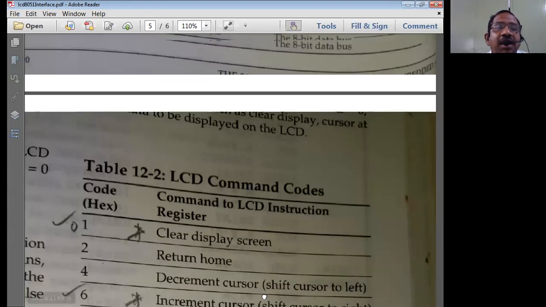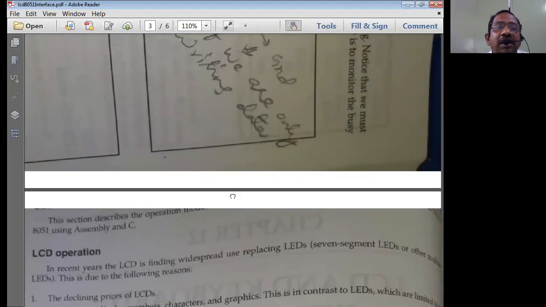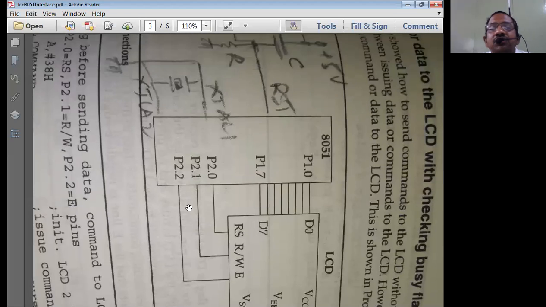You should know these commands compulsorily, you should know these signals compulsorily, and you should know the interfacing diagram compulsorily. If you know all this, only then can you write the program. This is the difficulty in assembly code. Whenever you want to write assembly code, you should know the architecture of interfacing, the instructions, and the commands. Only then can you write an assembly language code.